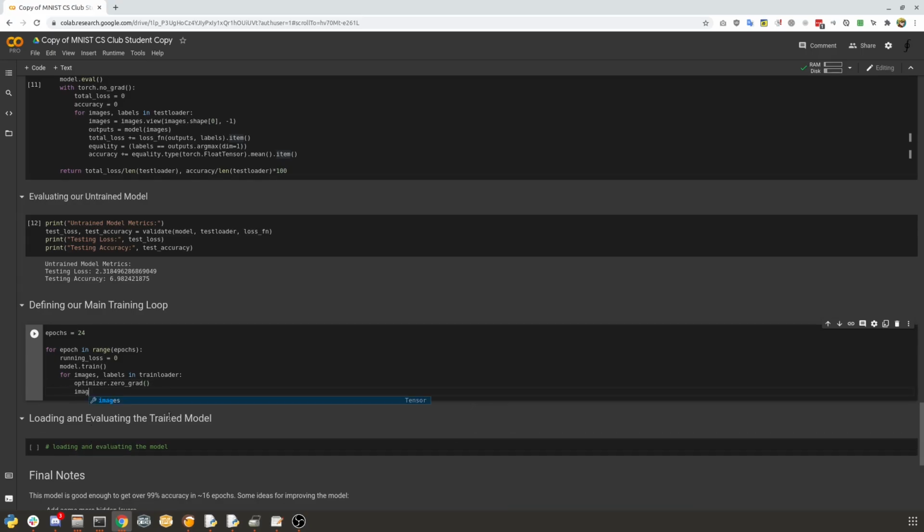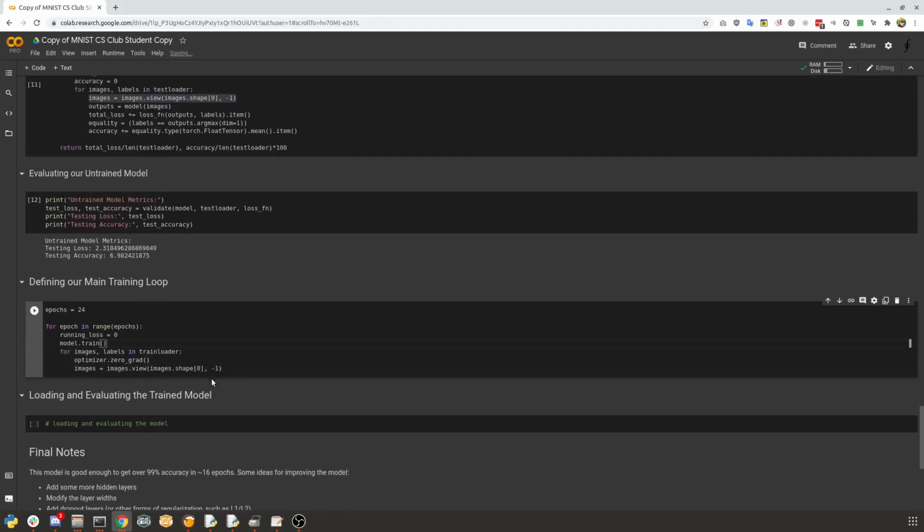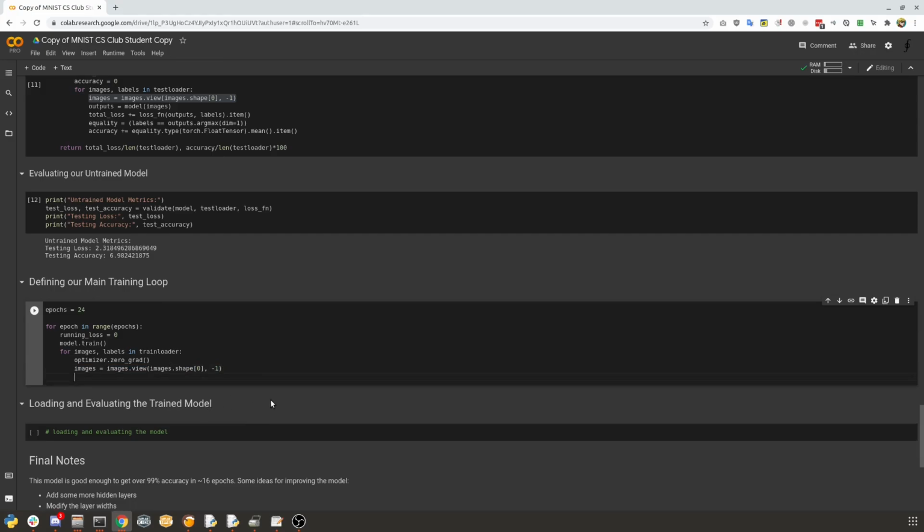And then again, we want to resize our images. So actually we can just copy paste this code because it's the exact same as up here. We want to resize the images so that it's basically one long array of numbers so that our model will accept it. And then boom, we do the same thing. We just